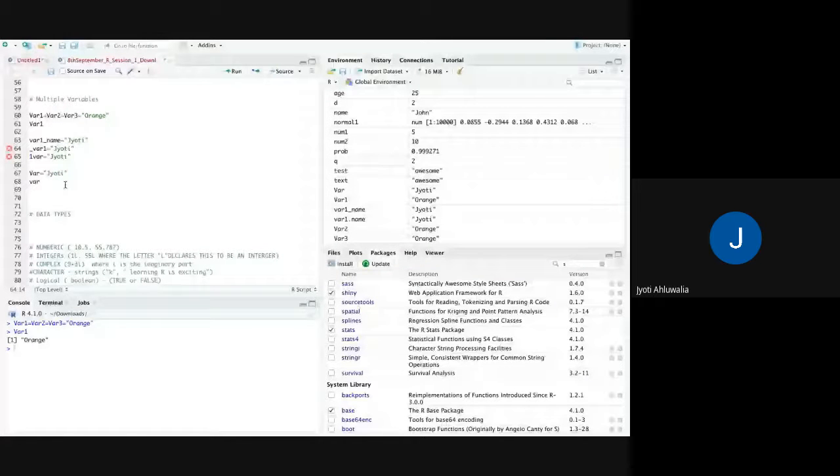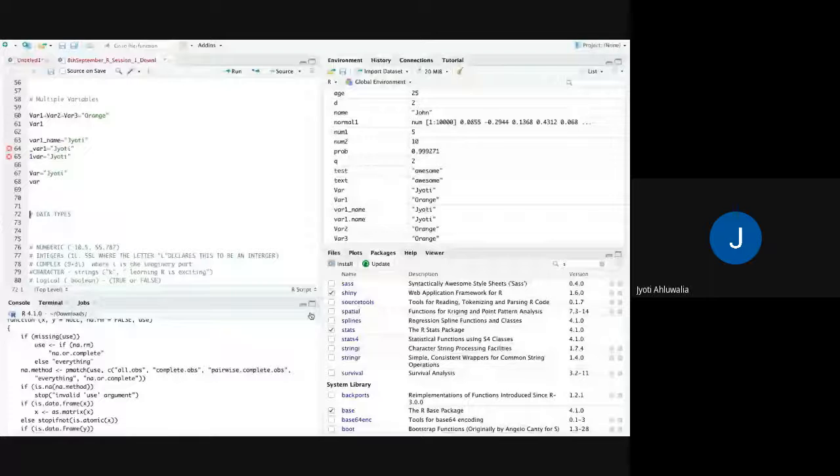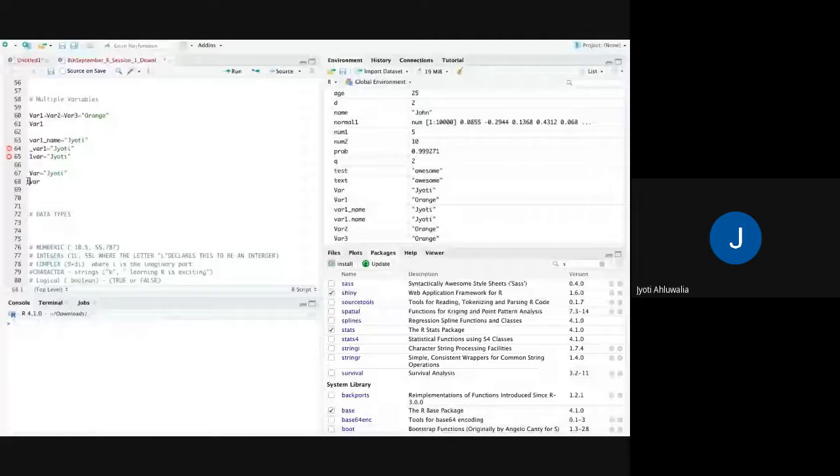Again, there are some words or functions in R that should not be used, like TRUE, FALSE, or, for example, var, which is a function. If you do this and run it, it will give you this function. So we don't usually use var either. Okay, so I'll just put a comment. If I put this hat, it becomes a comment.